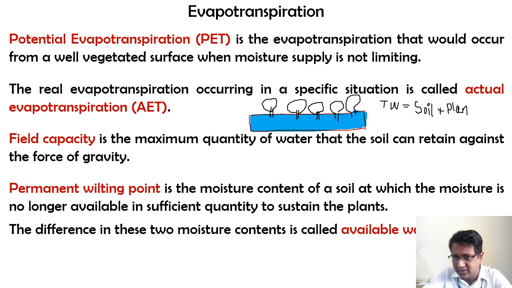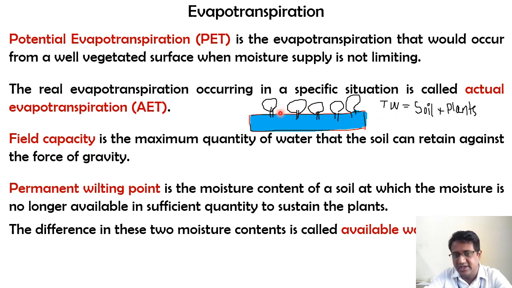So what I want to say is, irrespective of how much water I add into the soil, there is a limitation at which the plants can actually take up that water. Just for the sake of explanation, say we have 5 plants here, and if I add 500 liters of water per day into the soil so that the plants can absorb all the water, it is not possible, right? Because each plant can take in only a specific amount, only what is required by the plant, and only that much water will be taken up by these plants.